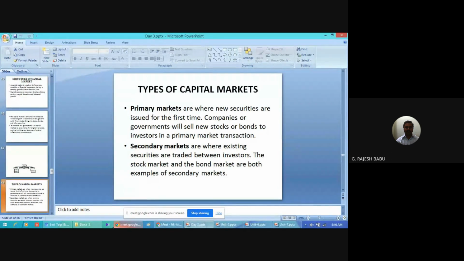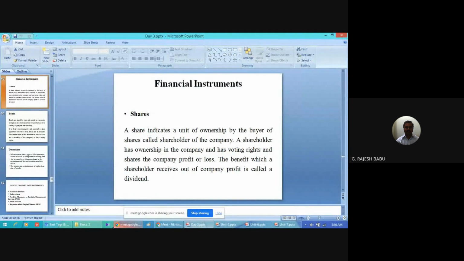Next, financial instruments. Some of the major financial instruments used in the capital market are shares, bonds, and debentures, followed by capital market intermediaries such as merchant bankers, underwriters, etc. First one, shares. A share indicates a unit of ownership by the buyer of shares, called shareholders or holders of